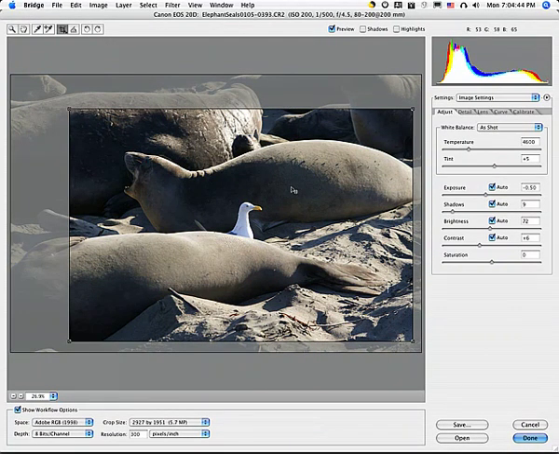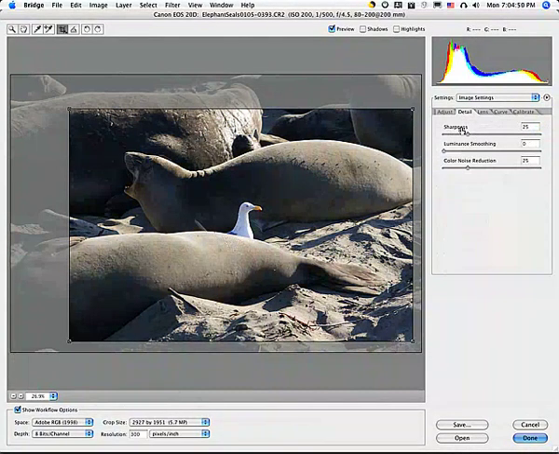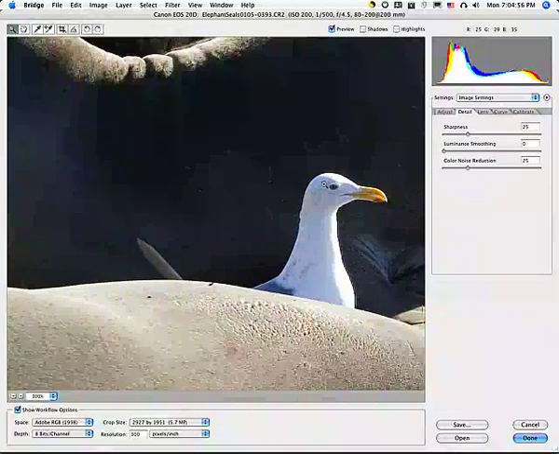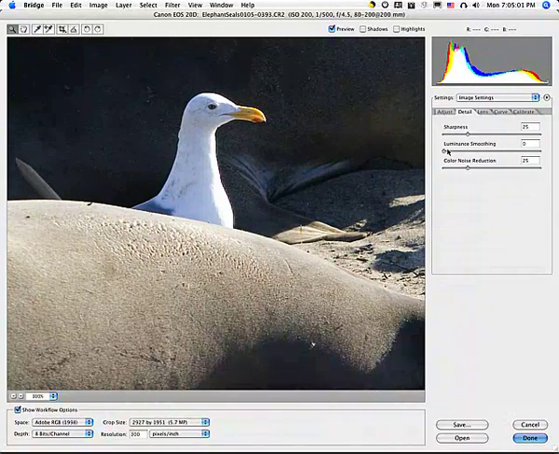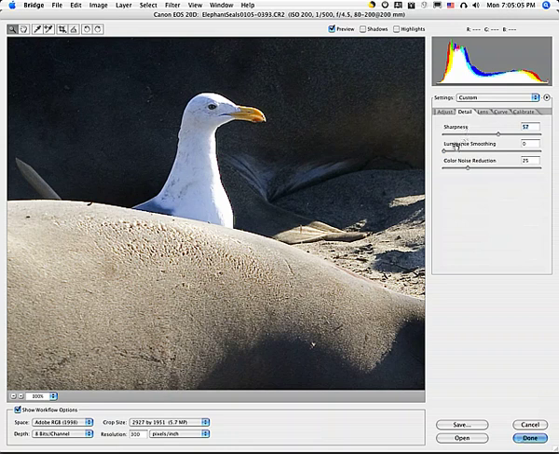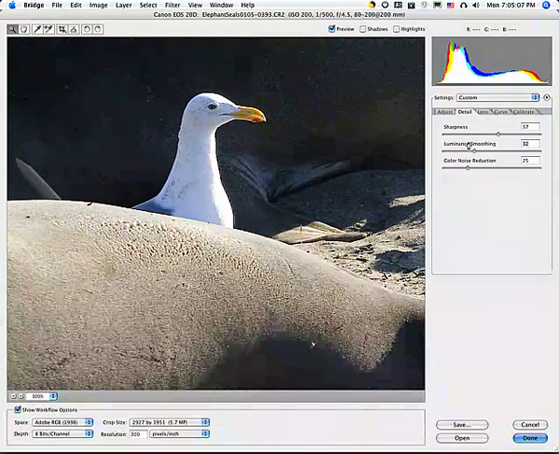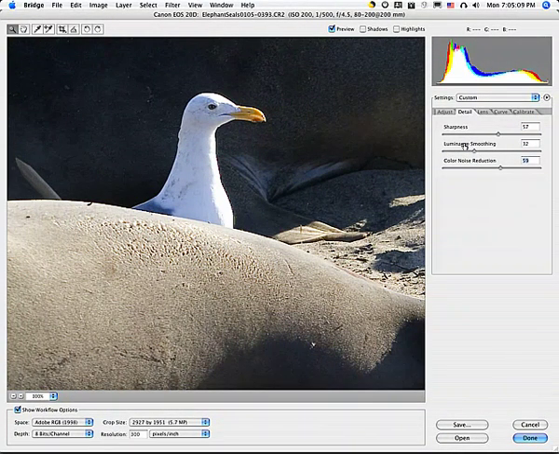I'm going to leave everything else pretty much nominal here, except I'm going to work on my sharpness here in camera raw. So let's double click the zoom tool to bring us up to our maximum here, and actually that's pretty sharp. Let's make it a little bit sharper here, and let's try to smooth out some of the noise and the luminance in here. Okay, let's open the image,